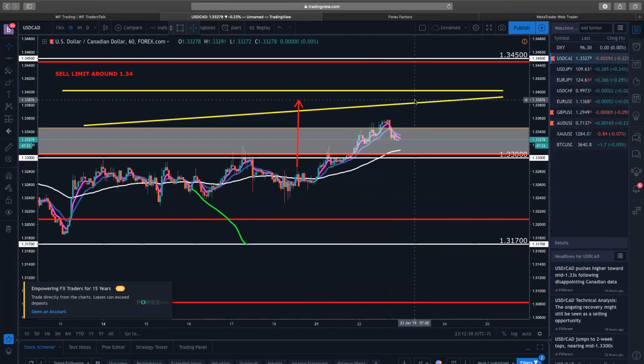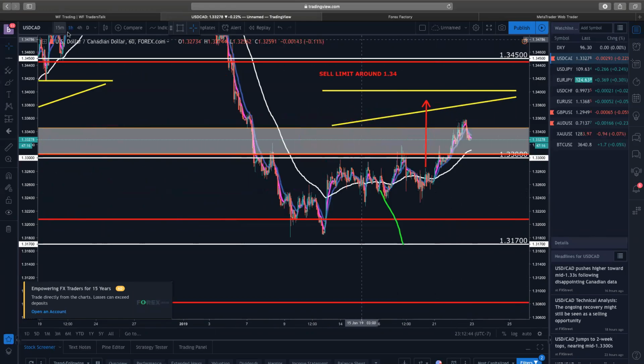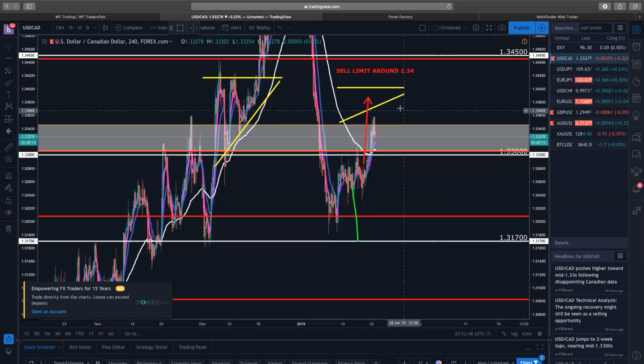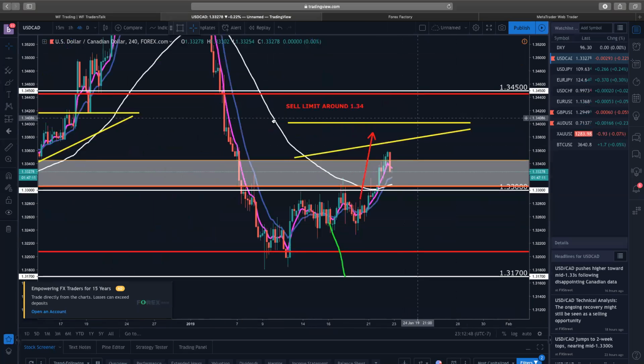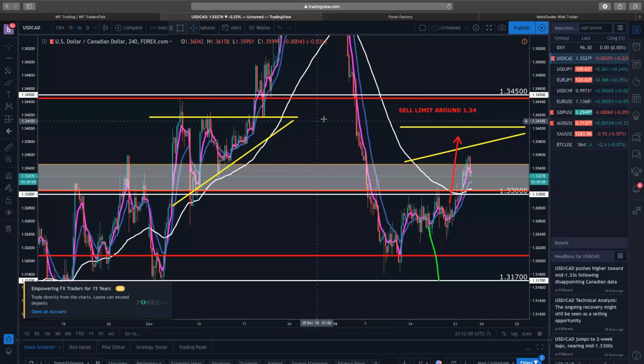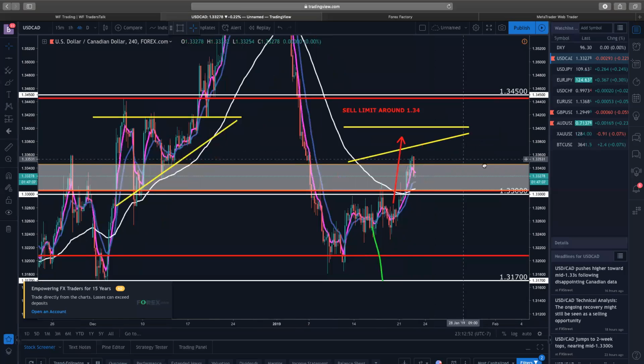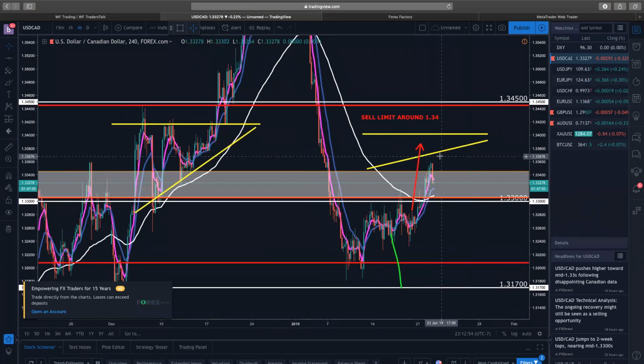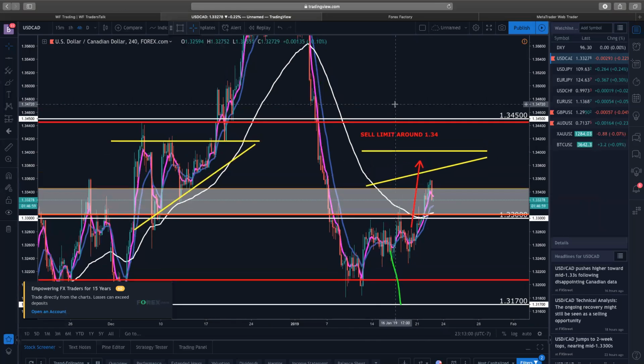So checking out the actual charts with USDCAD, I want to see price go up to our sell limit right here. This sell limit's a sell that I've wanted to see for like 2 weeks already. So, once again, like I said, I do see the dollar going up. Because I see the dollar going up, we're going to be buying USD XXX pairs, and